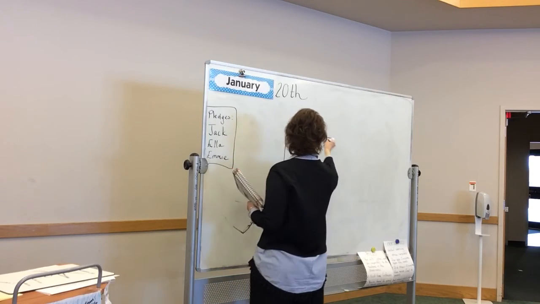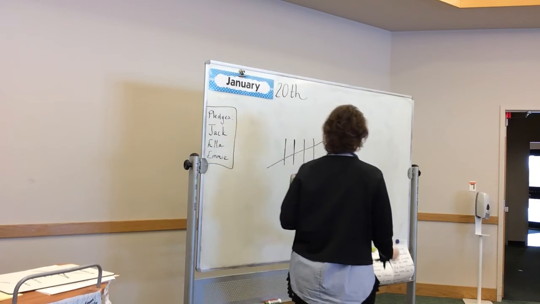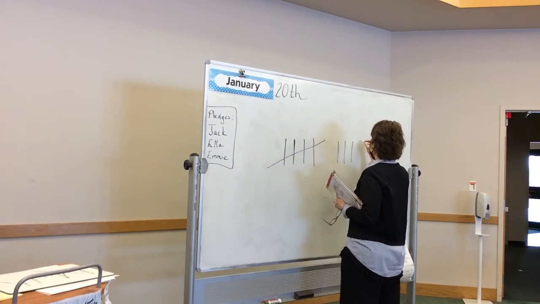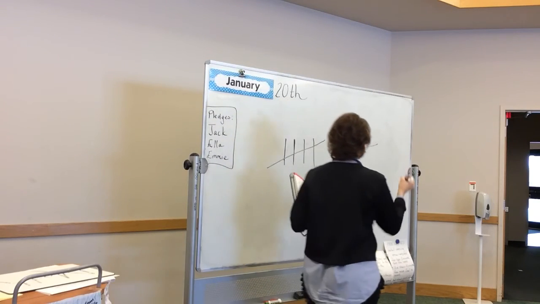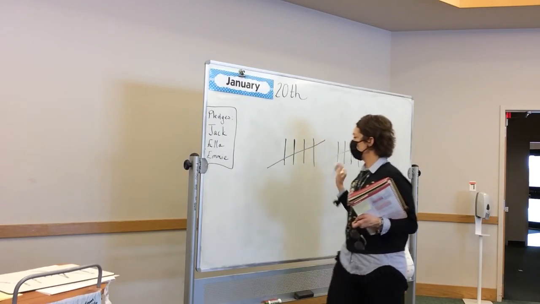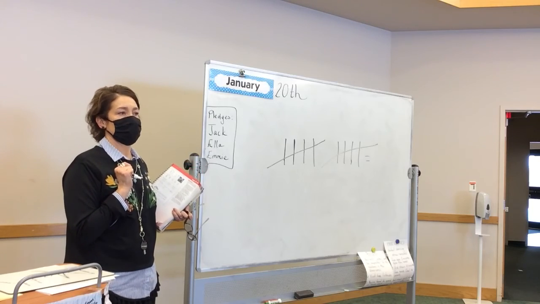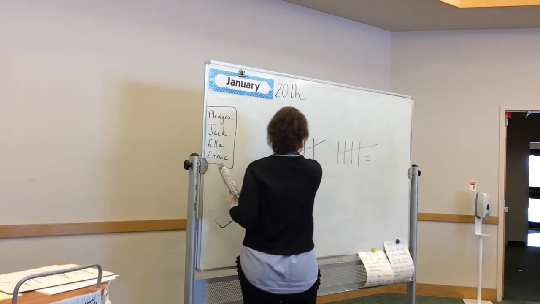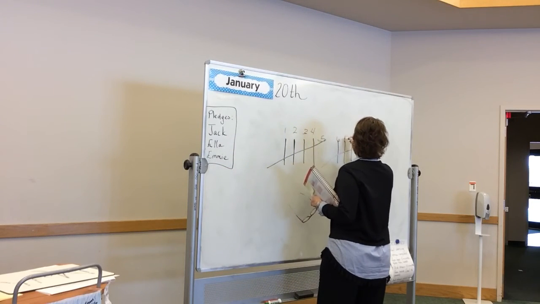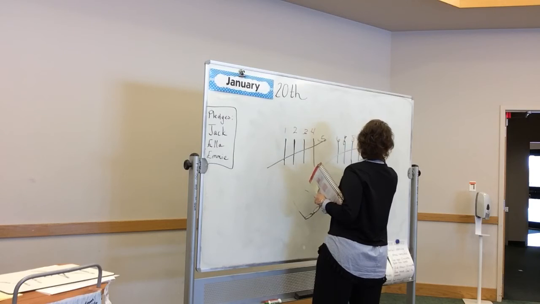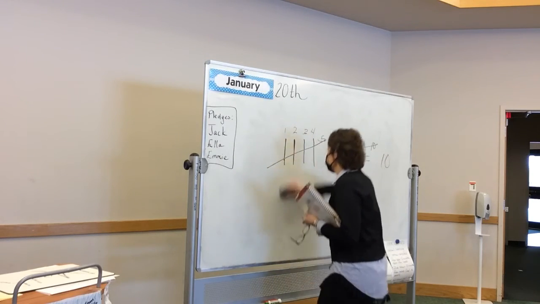So we have 4, and then we go 5. 1, 2, 3, 4, 5. What is that? What does that equate to? What number do I have up there? Luke. Yes. 1, 2, 3, 4, 5, 6, 7, 8, 9, 10. All right. With that said,